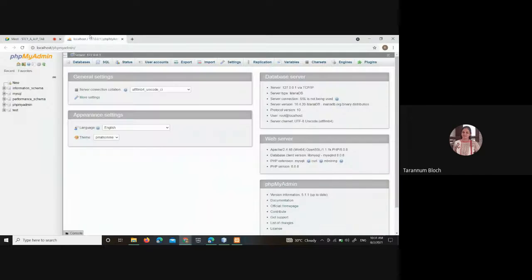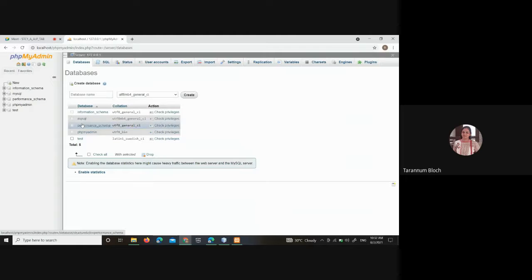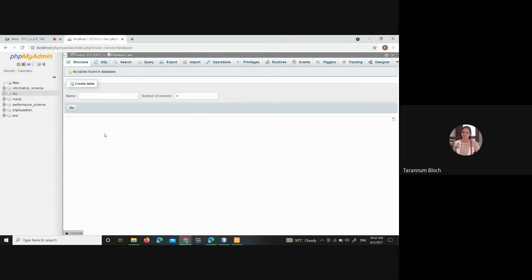I'll instruct you. Be there. Create a database. So click on the databases. Give it name MU. Not there, up in the text box. MU. Click on create. It will create the database.